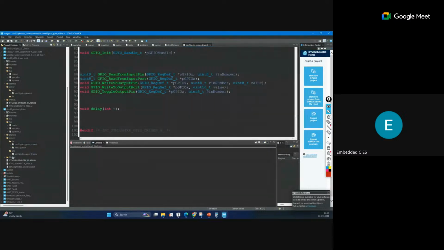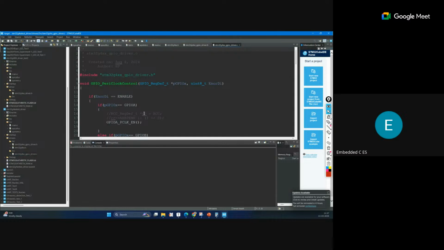And when we are creating any source file for this, that is actually driver.c. In that file we are including this header file. So by default all the declarations are included in this source file. When we are including this header file into the source file, all declarations are also added in this file. So all function definitions are mentioned in this source file.